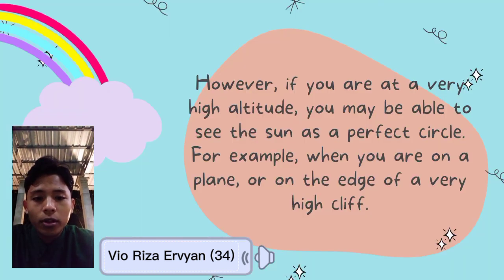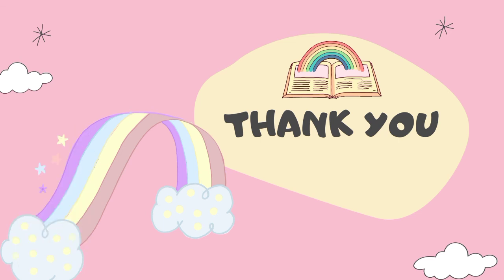However, if you are at a very high altitude, you may be able to see the rainbow as a perfect circle. For example, when you are on a plane or on the edge of a very high cliff. Thus, the explanation of the process of the occurrence of the rainbow